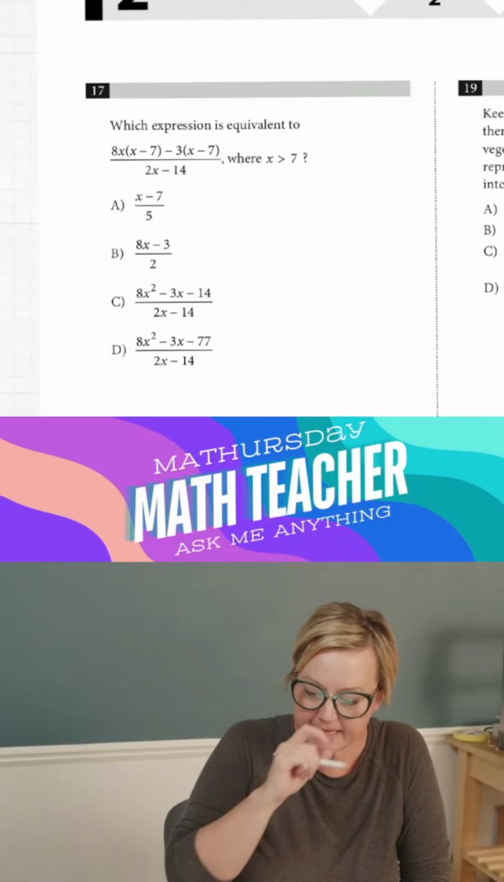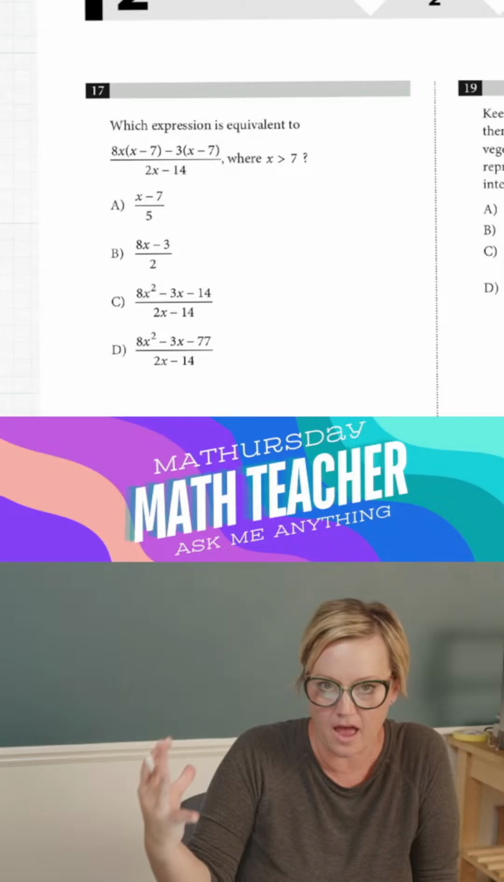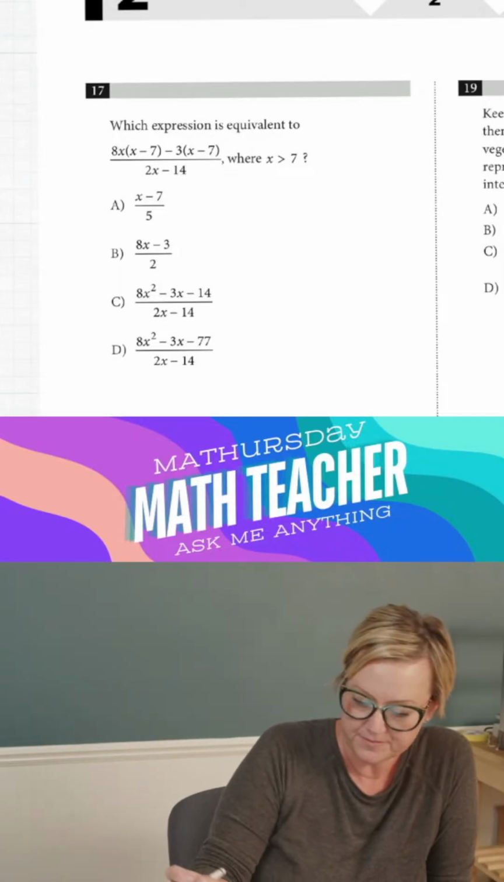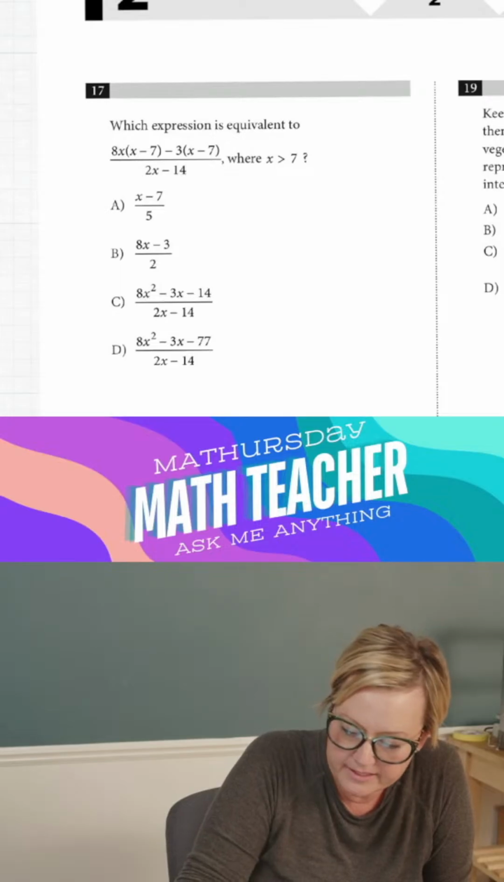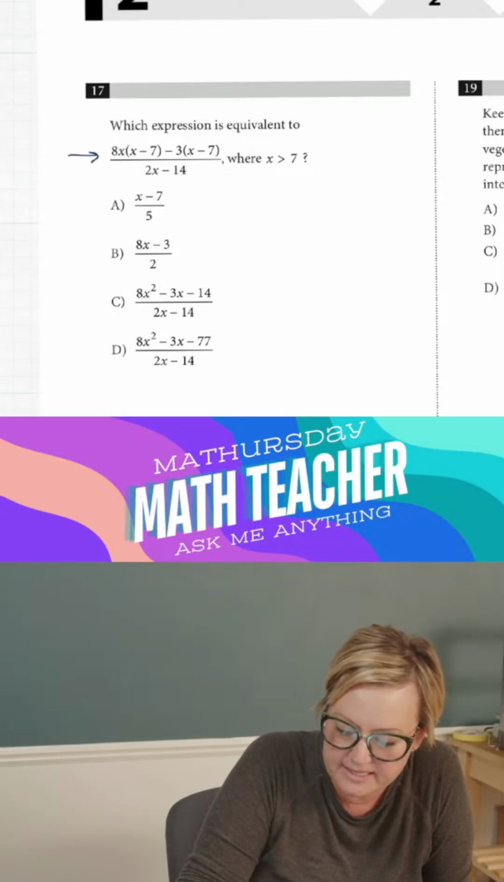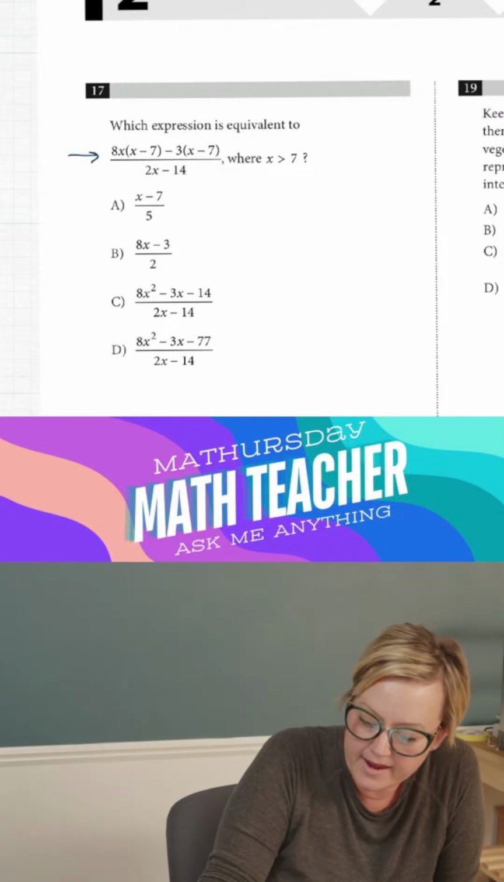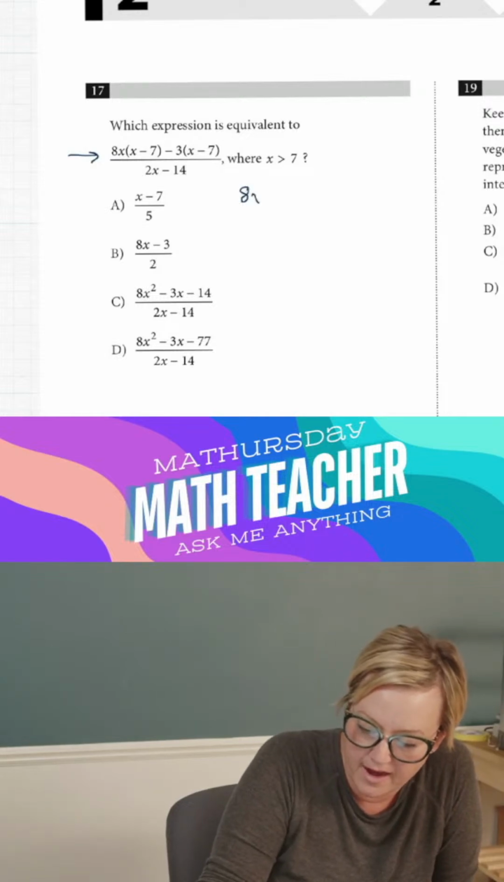Okay, so let's get into this. So math teacher way of answering this question. Okay, I'm gonna factor. So I look at this top part and I've got 8x times x minus 7 minus 3 times x minus 7. So I can actually factor that out and I've got 8x minus 3 times x minus 7